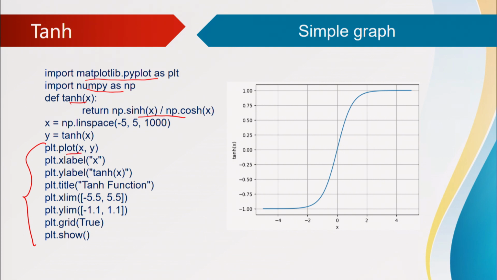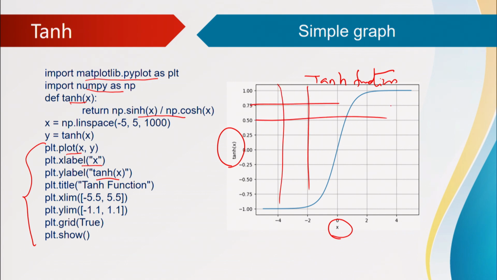So, here plot is a function which makes the pixels of x and y over the graph. We are labeling the x axis with x and the y axis with tanh. The same is depicted over here, x and y axis, and now we are giving a title for the graph, that is tanh function. The output of the title will appear here, tanh function, and we are taking the x axis limits as -5.5 to 5.5 and the y axis limits as -1.1 to 1.1. We are following a grid pattern, to showcase these broad lines. This is a grid structure, and here the plt.show function helps us to showcase the tanh function, which is an